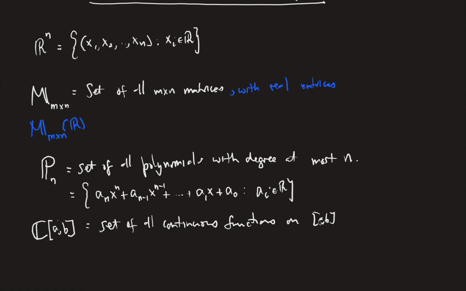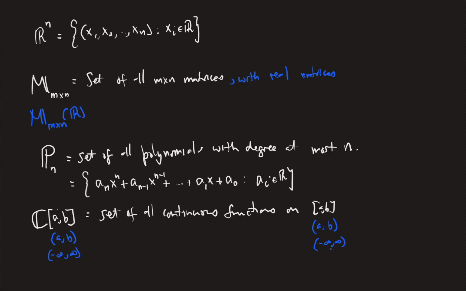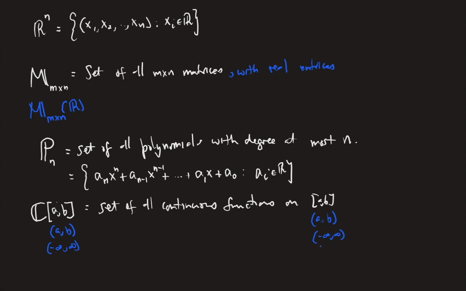And then of course, just think about this interval here. It can be modified, so for instance, if I'm not worried about the endpoints, maybe it could be an open interval like that, then you just say all the functions that are continuous on that open interval. It could be the entire real line, again, if you're working with real numbers. So just put that interval there. Just using your interval notation, you can do that. So you can restrict or unrestrict as much as you'd like. But the idea of this notion of really extending what we think a vector is,